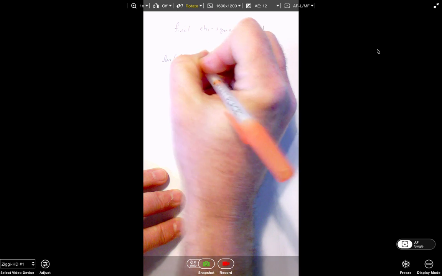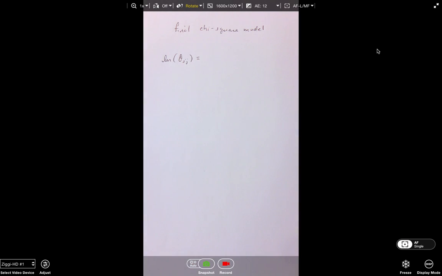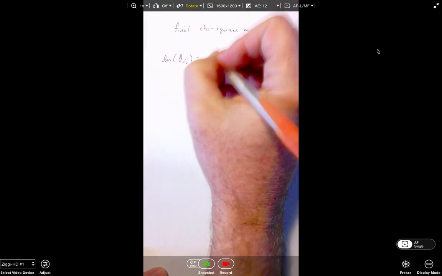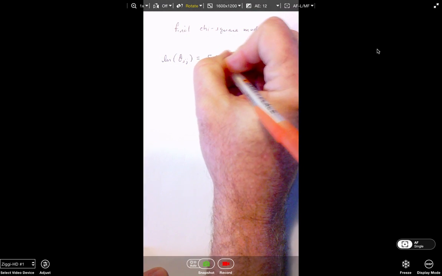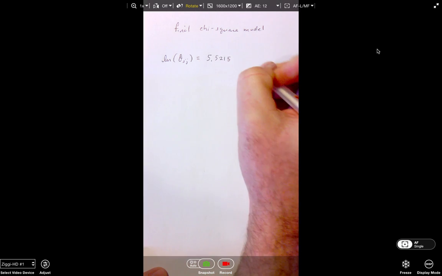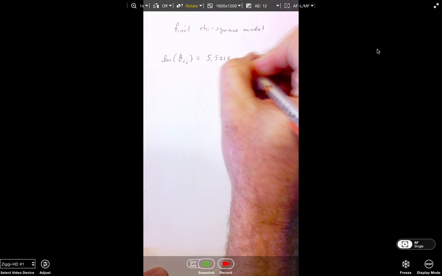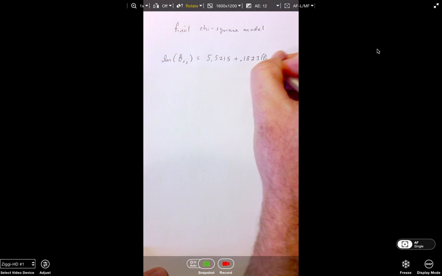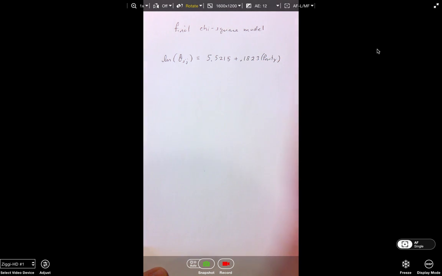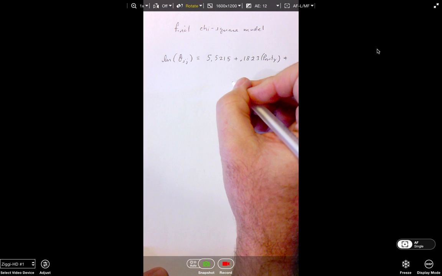Now guys, I know I made the calculations using the expected, but I'm going to come in with the natural log of the error term here, so that's going to move me back into examining the observed value. So guys, beta 0 is 5.5215. And it was plus 0.1823 times party plus